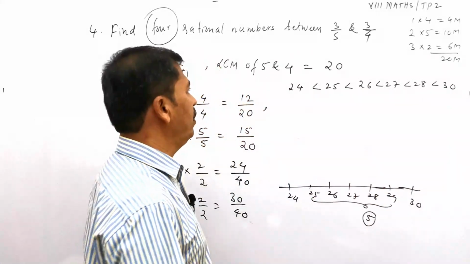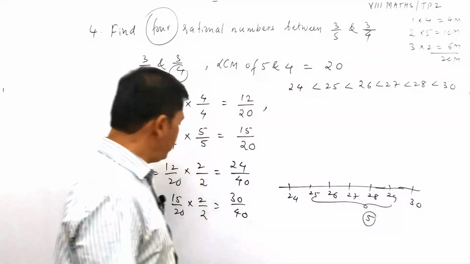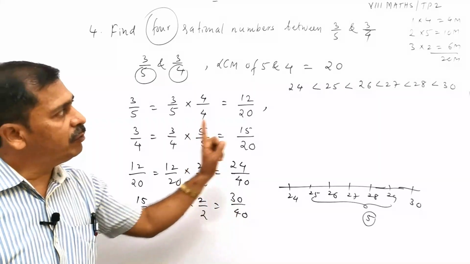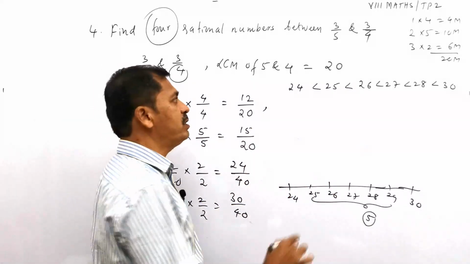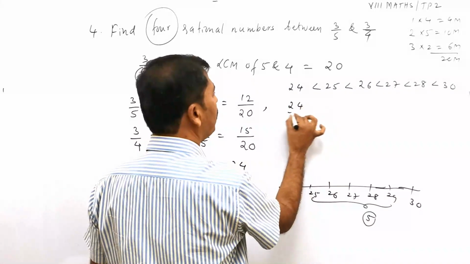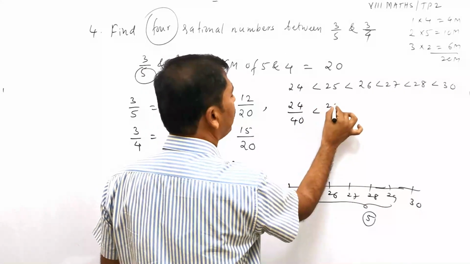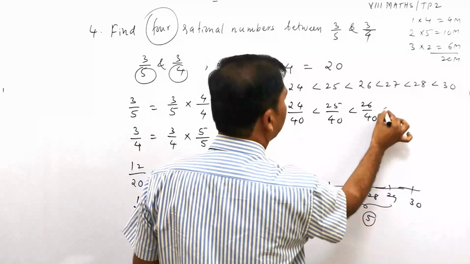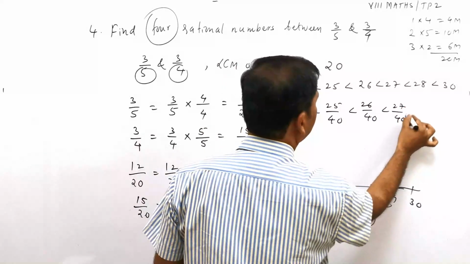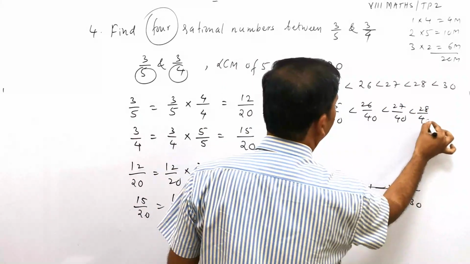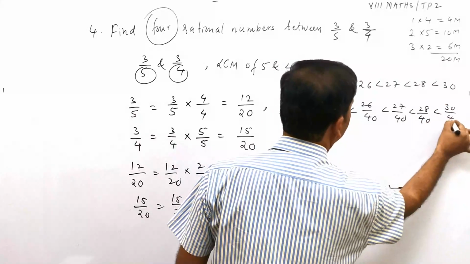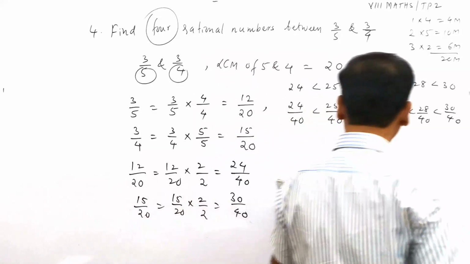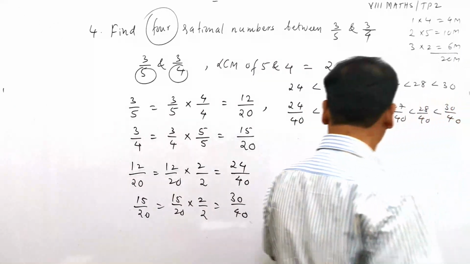That's all. So now you divide by, see what is there? 24 divided by 40 is there. Here 30 divided by 40 is there. Divide every number by 40, equality remains same. So 24 divided by 40, 25 divided by 40, 26 divided by 40, 27 divided by 40, 28 divided by 40 and then 30 divided by 40 lastly. A bit of simplification here. See, a little bit of simplification.